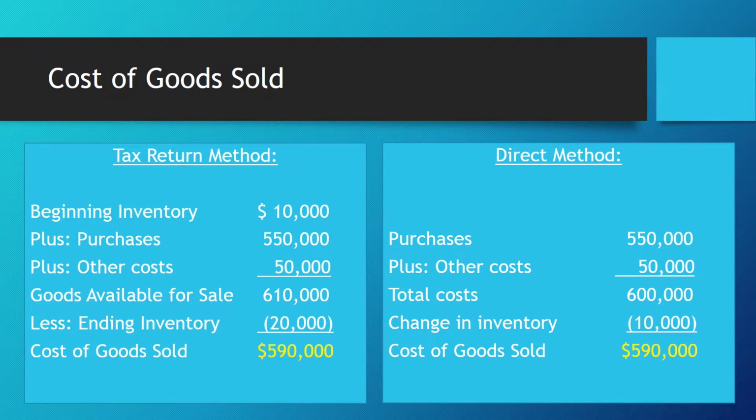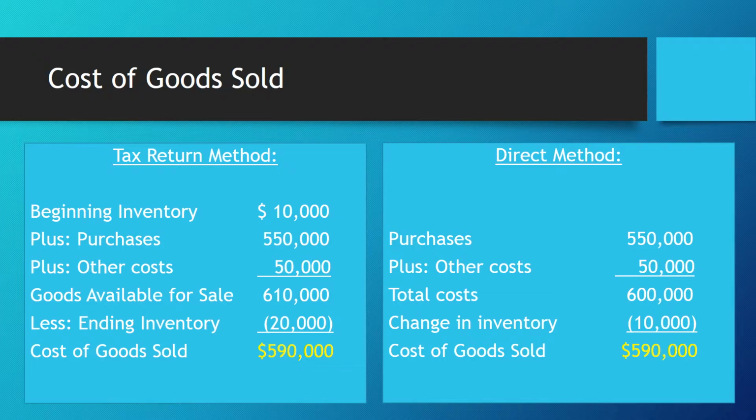Two typical methods for calculating cost of goods sold are the tax return method and the direct method. Under the tax return method, we start with beginning inventory and then add to it any purchases of inventory and other capitalized costs to arrive at goods available for sale, from which we deduct our ending inventory to arrive at